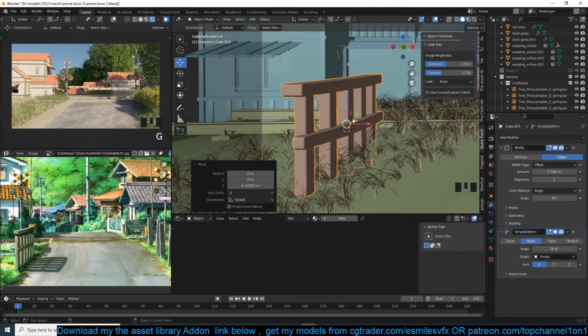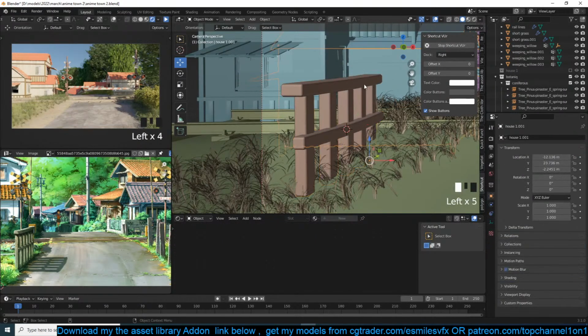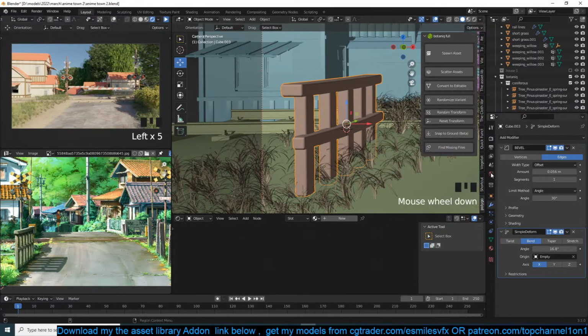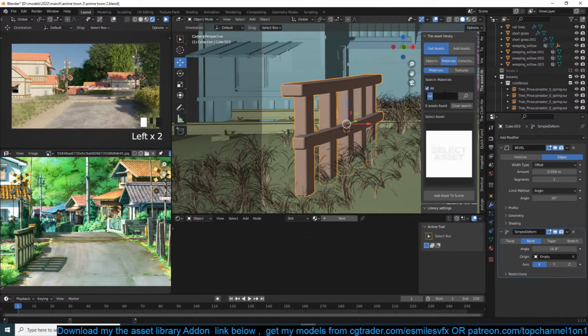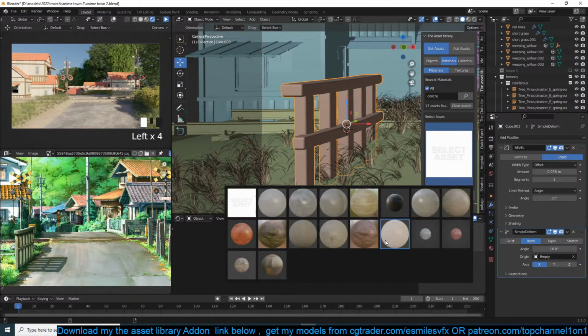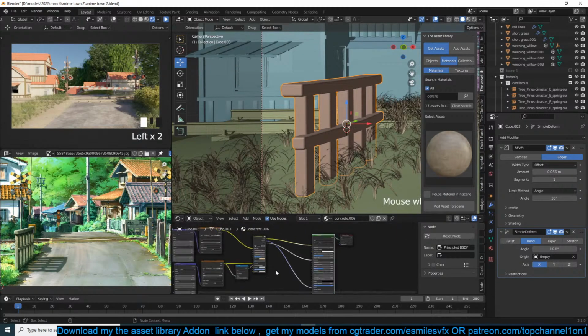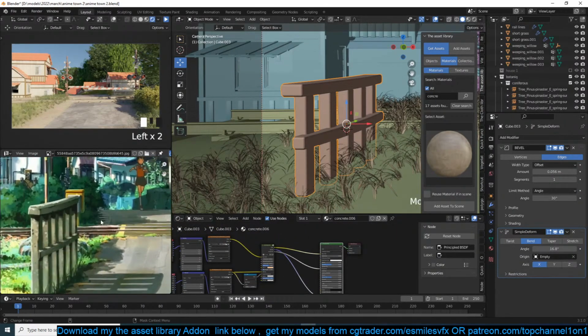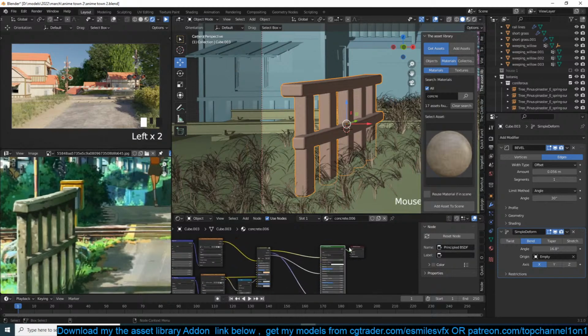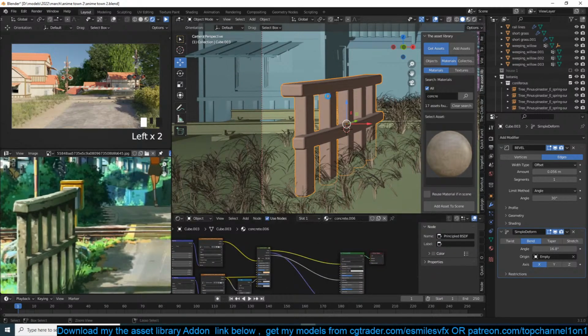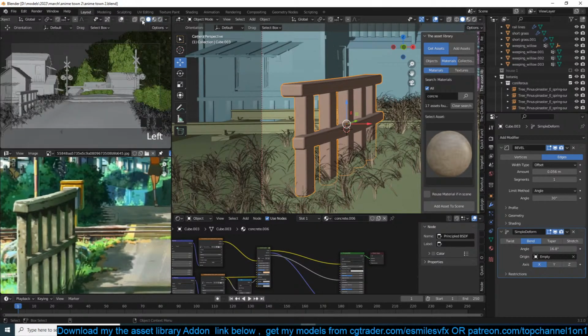Where's the wall shadow? Oh, we're going to add it here. Let me grab a concrete material. Let me go to my asset library and look for some concrete material. Let me grab something like this, but I want to modify it, because you see there is some kind of dot on this, so I'm going to switch to